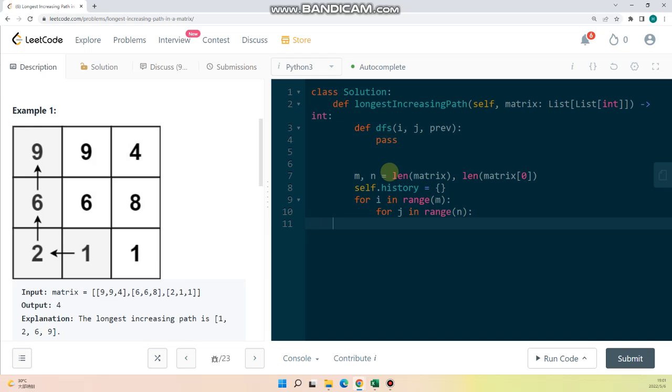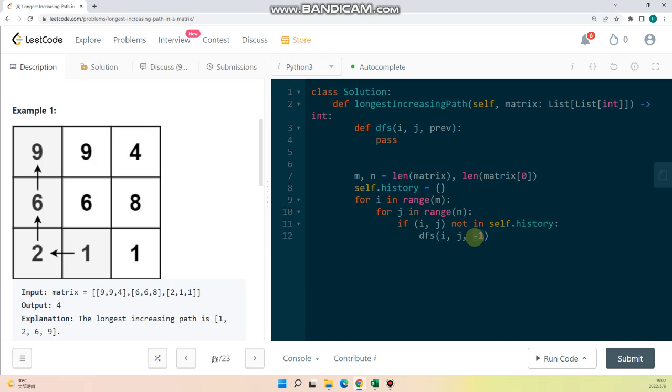And if the position is not visited, which means it's not in self.history, we will go through its ij and start from -1. I used -1 here because all the values in the matrix will be positive,